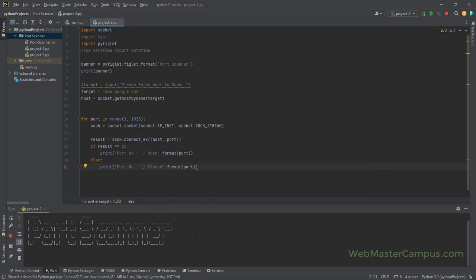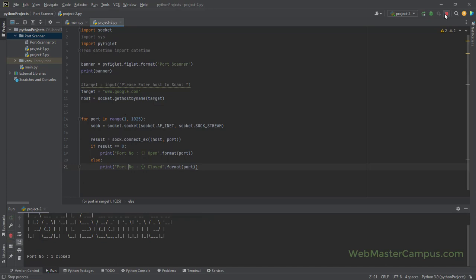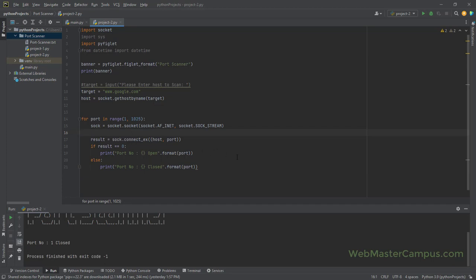Port scanner, and it has started. If you have noticed, the program is quite slow. It's taking a lot of time to find the port. I'm going to just stop this by pressing the red button. You can stop this, and I'm going to write